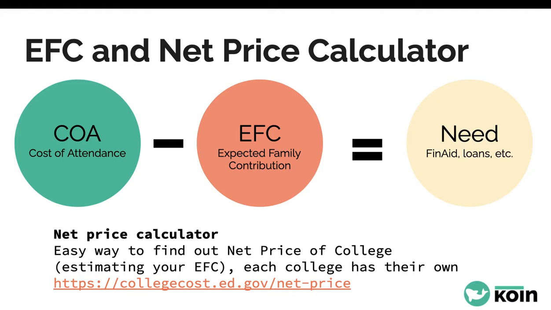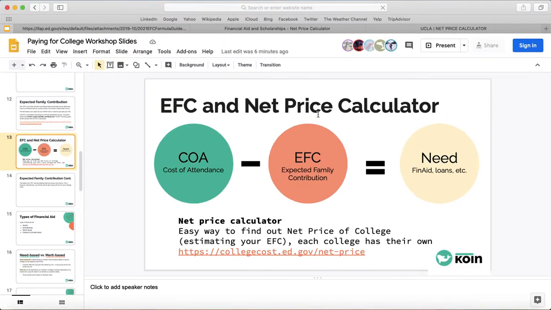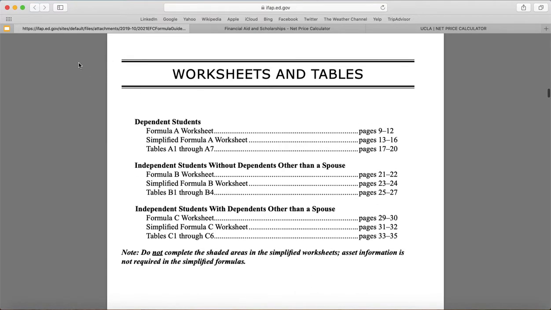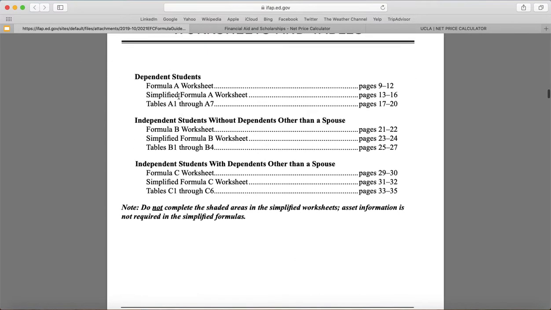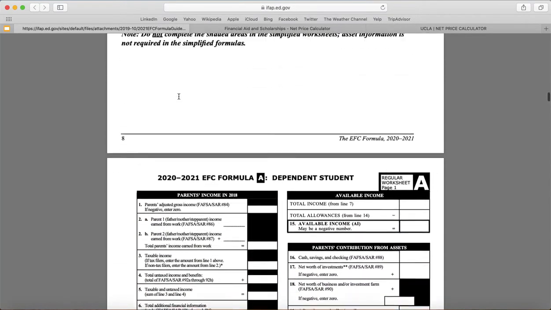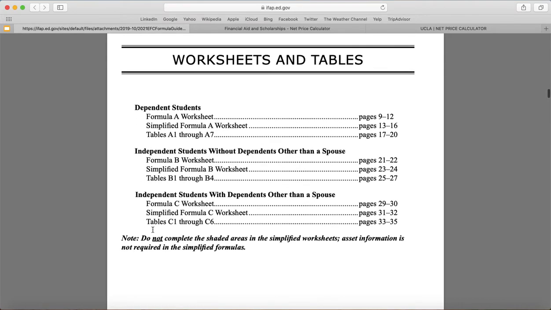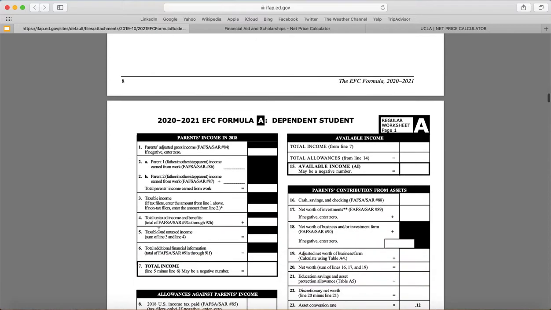Now, let's take a look at EFC. This is a guide that's provided by the government, and we've linked it in the course materials. It is very, very detailed. It goes in depth into how to calculate the EFC. And the EFC is also based on the particular type of audience that you're looking at. So for example, if you're a dependent student, meaning that say you are less than 24 years old and you're dependent on your parents, then you would use a different form compared to the other ones to figure out your expected